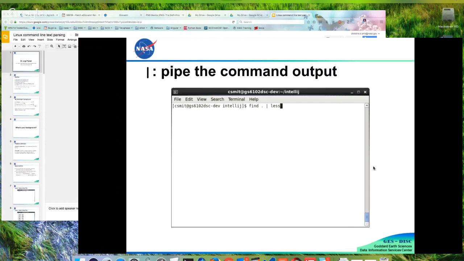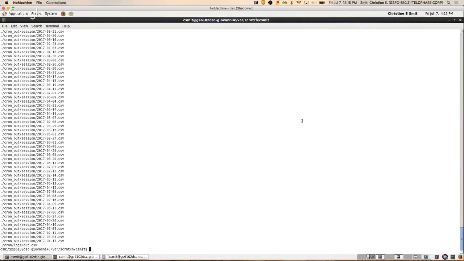Like here, find scrolled because there were too many files. So I can now pipe it to less. And now I'm in less, and I can move around and search for whatever. So pipe, I'm using it all over the place.